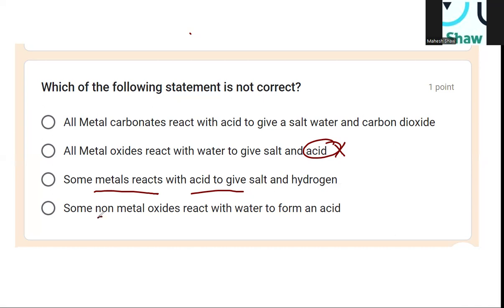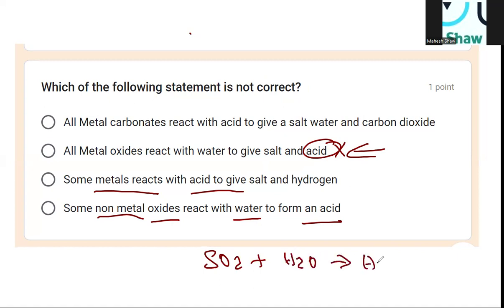It says next is some non-metallic oxides. So we have to choose the not correct statement. Otherwise we have already identified this is not a correct statement. Then we can continue that some non-metals react with water to form an acid. Yeah, non-metal oxides like sulfur dioxide, if it dissolves in water, give sulfurous acid, that is H2SO3, similarly carbon